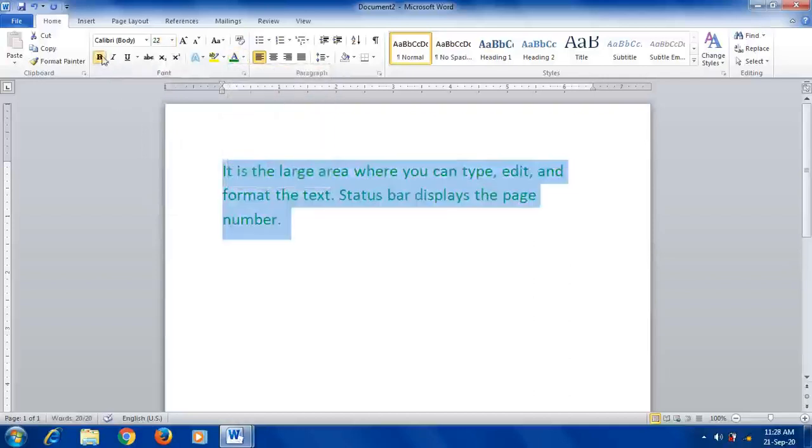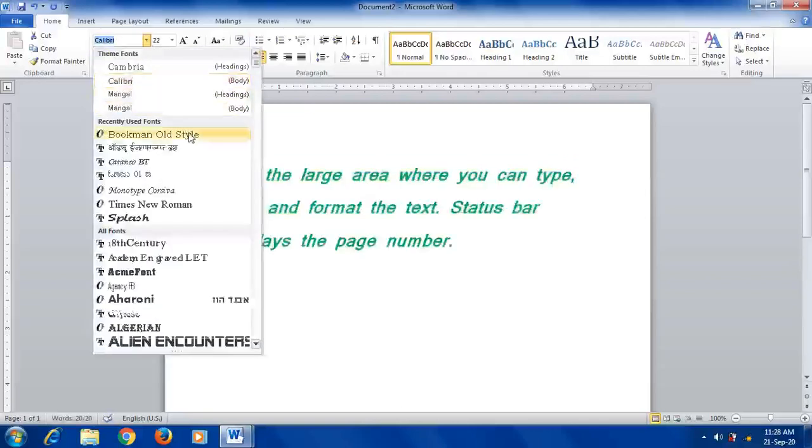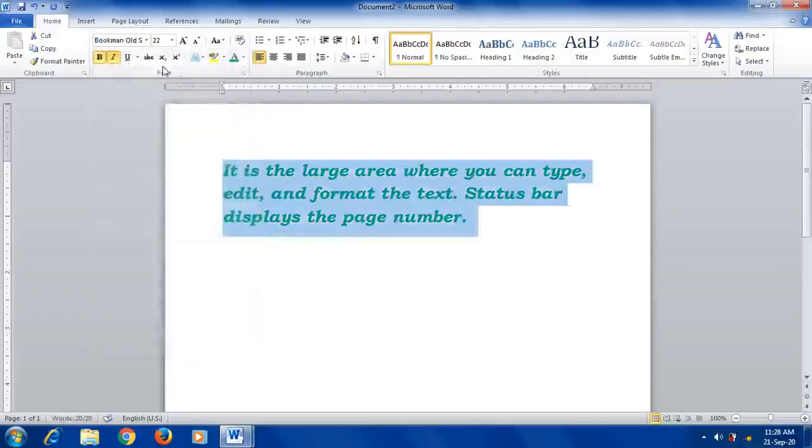Then you can change the style by using this font name box. So this is all about editing and formatting, and deleting. If you want to delete, select the text and press the delete key on your keyboard. Text gets deleted. This work can be done in the working area.